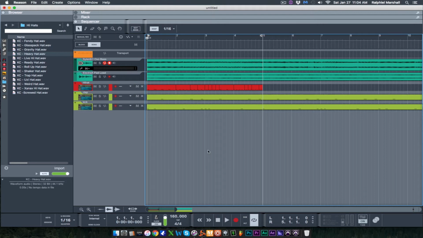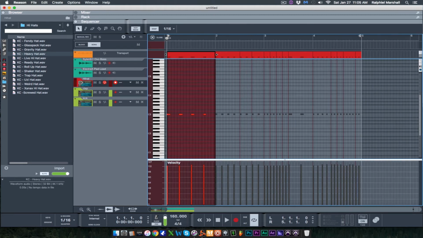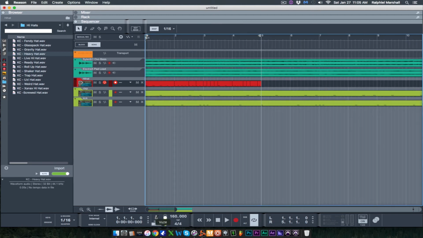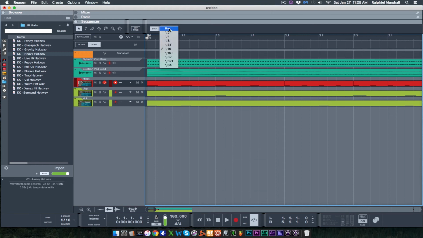I know that was basic, but for the sake of this tutorial, I'm just showing you guys a faster way how to do it without having to go in and manually set your grid to however you want it, and go ahead and just start writing them in. It takes a long time, but if you want to really get into it and really get technical, and you want your hi-hats to go a little faster, you can go into the 32 grid mode, and